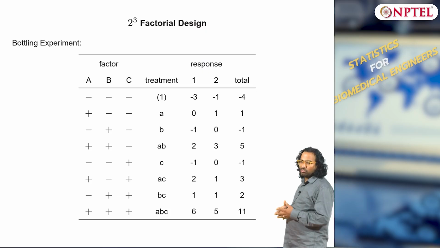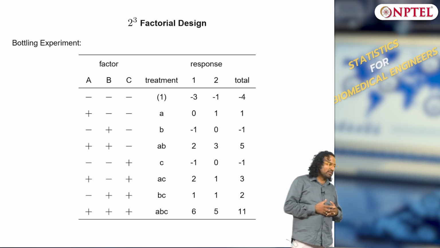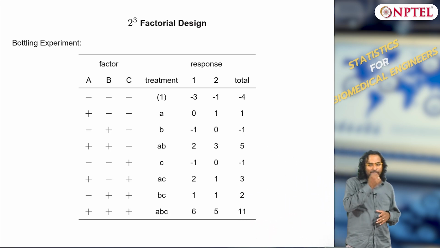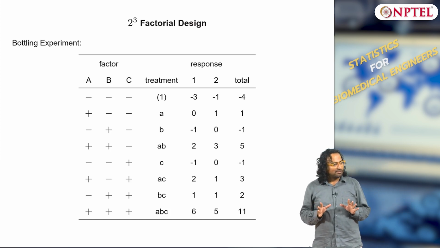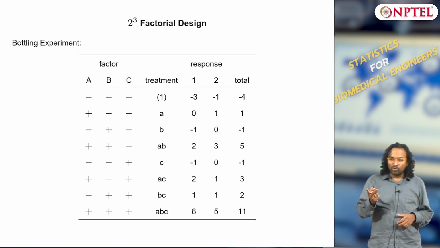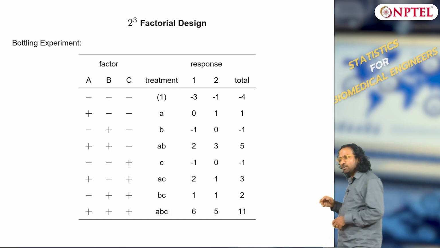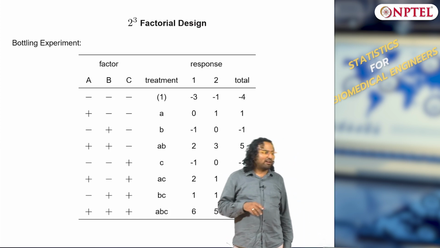So, natural extension is 2 power 3. Okay. So, these are the experiments which you will be typically using as a trial. Okay. 8 factors. Okay. How many two-way interactions? There will be two bilinear interaction as well as trilinear interaction. How many bilinear interactions will I have?